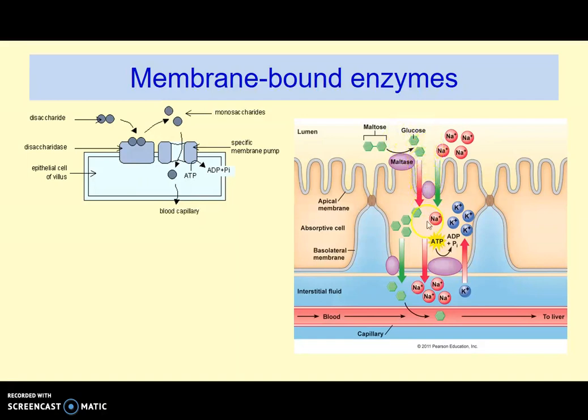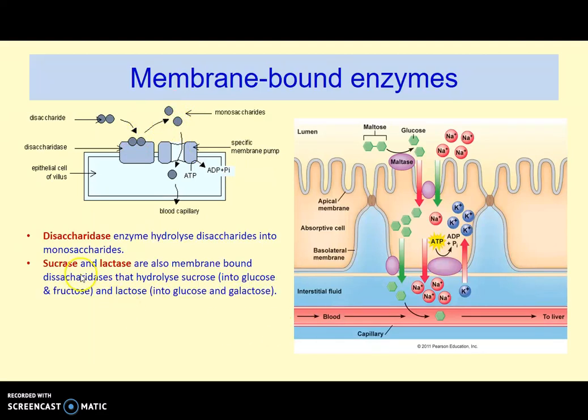These can then be absorbed across those epithelial cells, and we'll talk about that in a moment. This diagram here shows exactly the same thing. It's a little bit more simplified, and this uses the term disaccharide because we've got different disaccharidase enzymes. But again, you've got that enzyme substrate complex made here, the hydrolysis reaction takes place, and then we've got our monosaccharides. Okay, now for our specification you need to know that sucrase and lactase, that are also disaccharidase enzymes